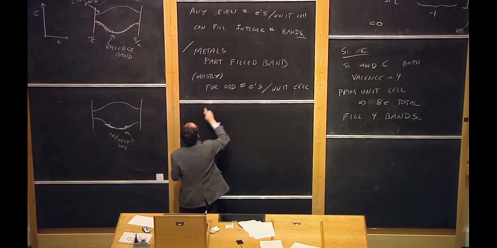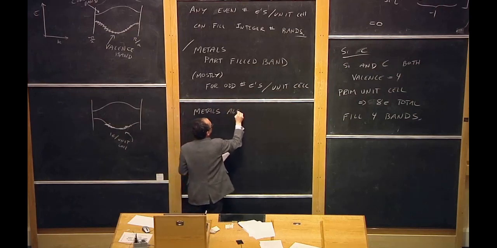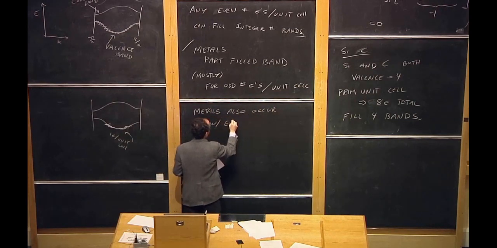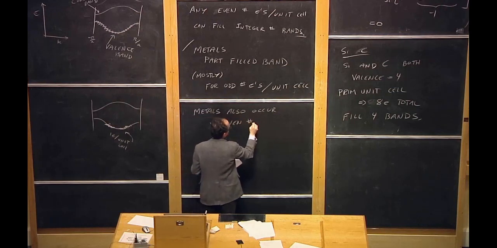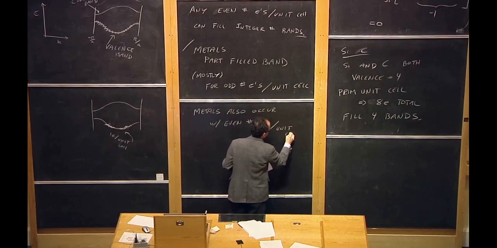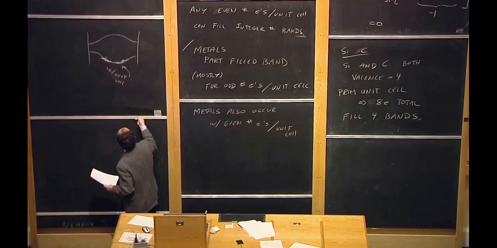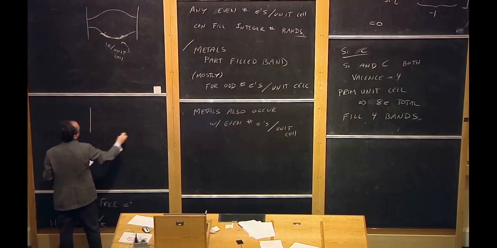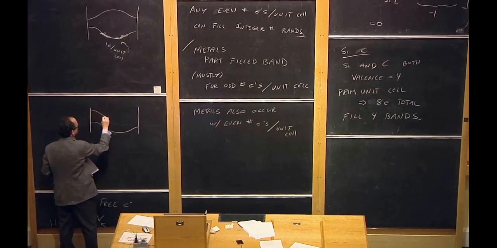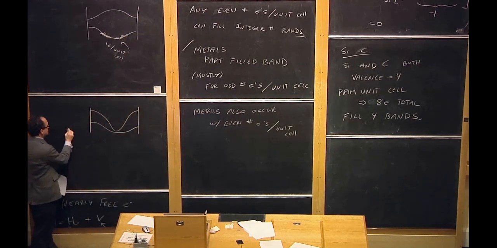However, metals also occur with an even number of electrons per unit cell. Also something I mentioned a couple weeks ago when we discussed the tight binding model. The way that happens is, here's your Brillouin zone. If you have a lowest band that looks kind of like this, and then a higher band that dips down like this, and you had, say, 2 electrons per unit cell,